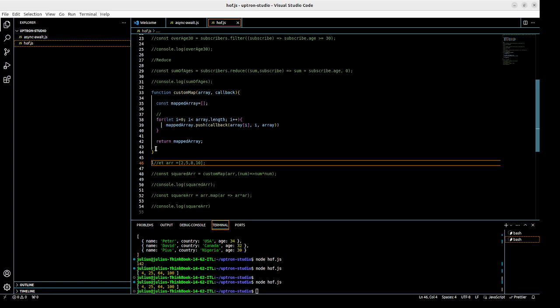So higher order functions will enable you to break down complex tasks into smaller manageable functions, where each function will be focusing on a specific aspect of the problem, thus making your code easier to understand and easier